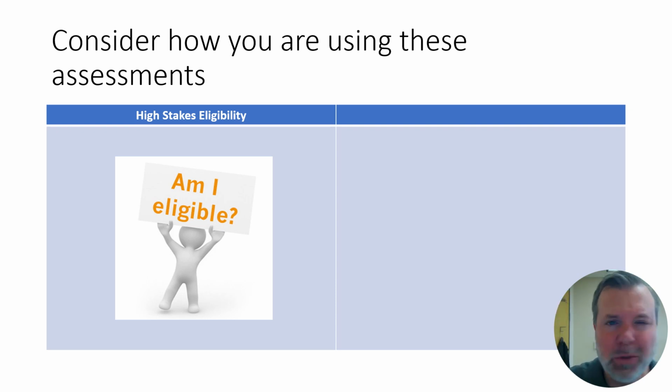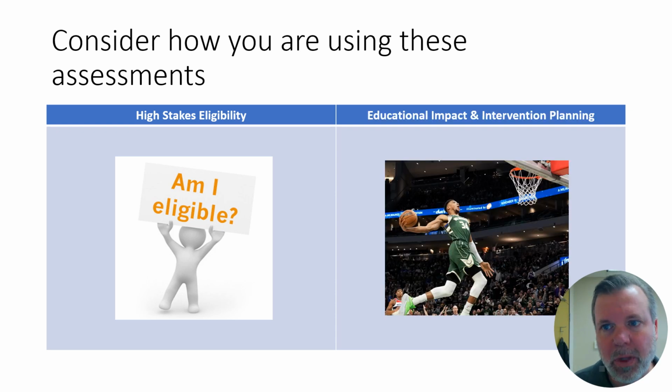Sometimes we have cases where we're kind of on the fence, and we may want to consider something that's possibly more reliable or possibly looking at some discrete skills. Then we also have those cases where it's more a slam dunk as far as eligibility, and we can have a bit of luxury of looking at the educational impact in intervention planning. I don't think that was the right term to use, luxury, because this is something we have to do all the time, but maybe a bit more confidence in really examining something that's going to lead to really meaningful intervention